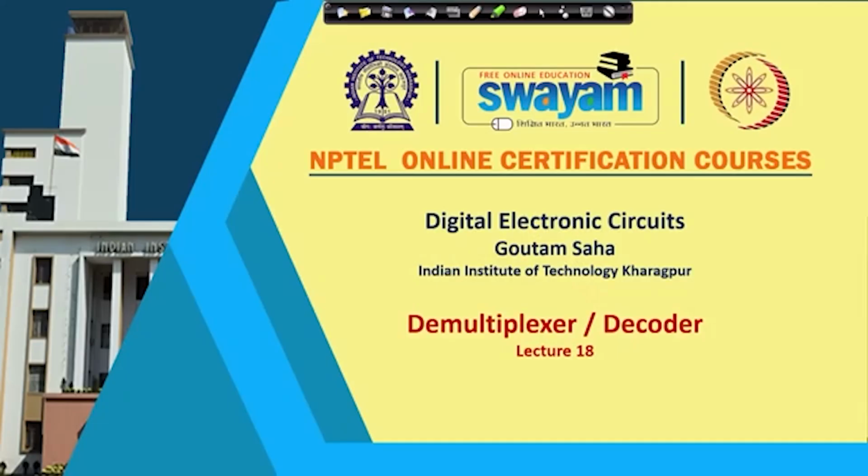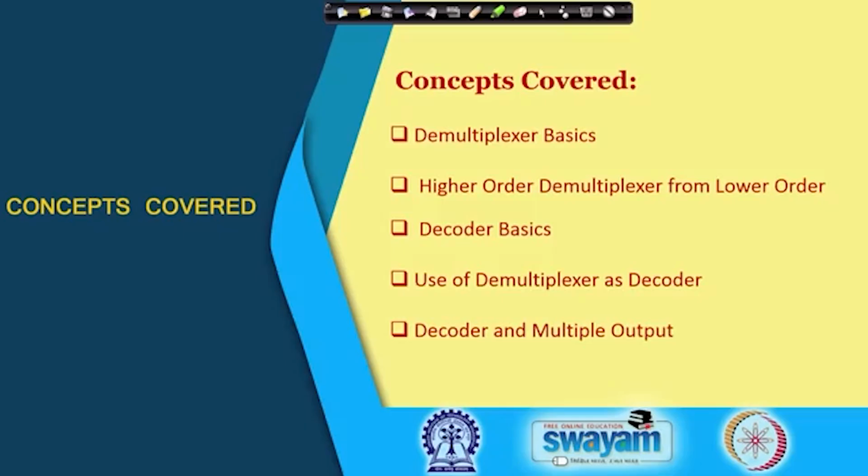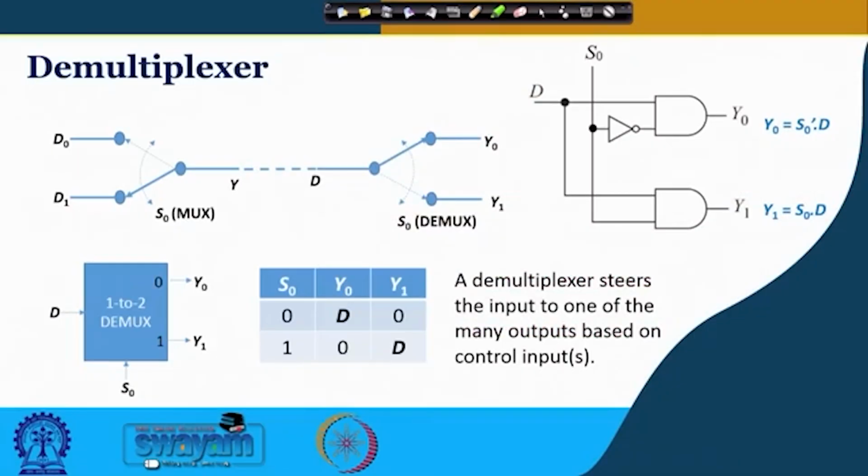Everybody, in the last two classes we discussed multiplexer, and in today's class we shall look at demultiplexer, which is also uttered together with decoder, though functionally they are different, but the circuit for each of these is essentially the same. So, these are the topics that we shall cover, and to begin, demultiplexer, the function of it is just opposite